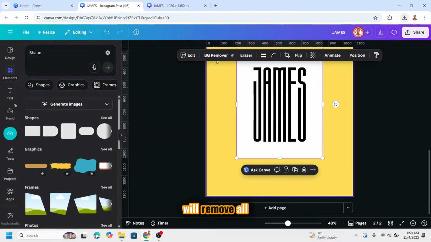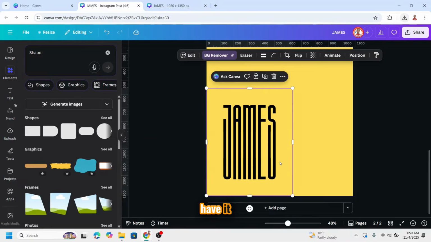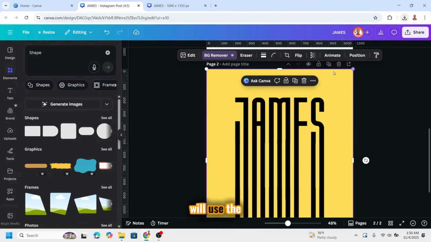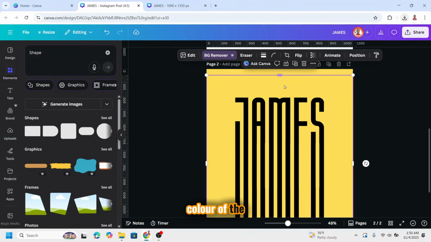And then I will remove all the white color using BG remover. Alright, now we have it. And then I will use the color of the Lakers. I will change the James to purple,